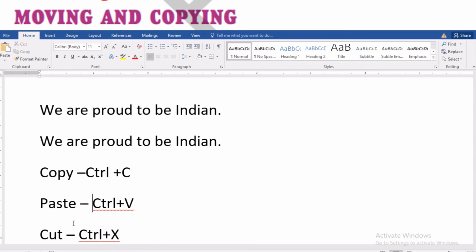You will simply press those keys and you will be able to perform those actions.